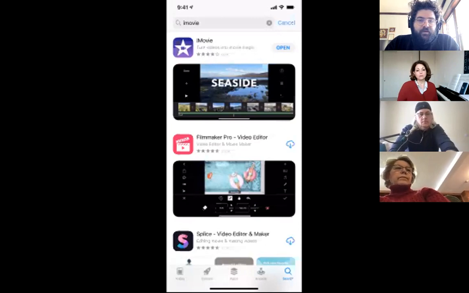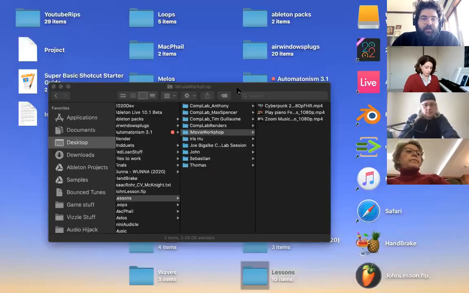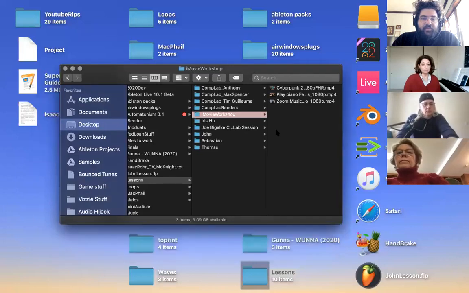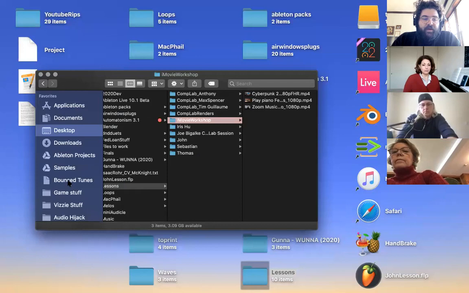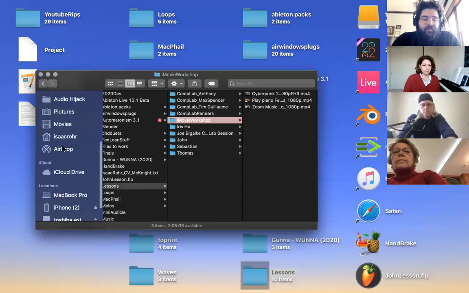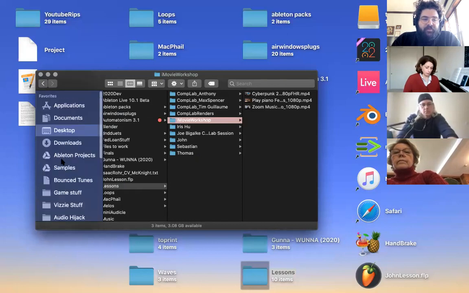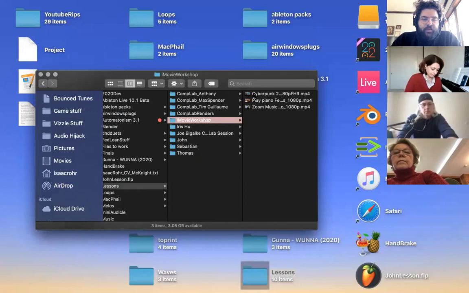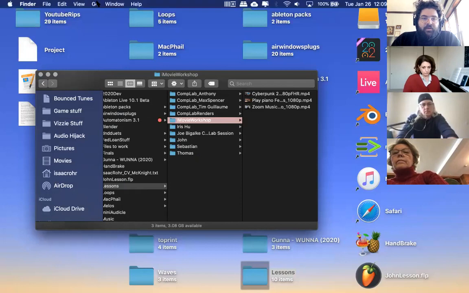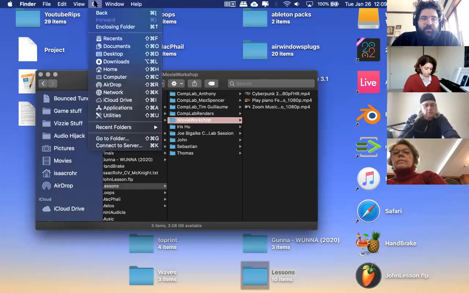So if I show you here, I'm in Finder right now, for those of you who don't know how to do this. And if I want to get to AirPlay, sometimes AirDrop is what I meant, not AirPlay. AirDrop sometimes doesn't show up here on the left-hand side of your Finder if you're trying to find it. And if that's the case, all you have to do is go up to the top of the Finder window and click Go. And then that will be down here if you're looking for that type of thing.